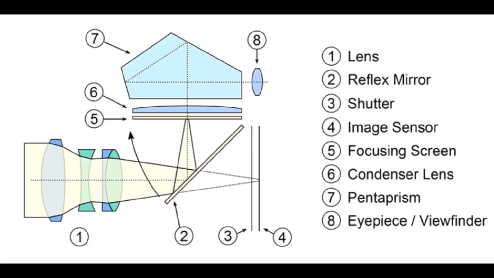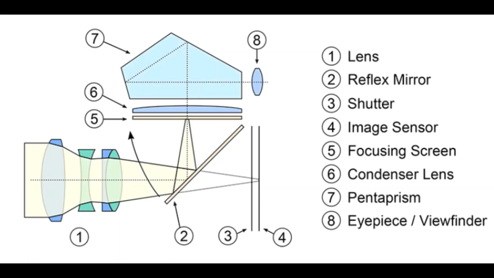And here, guys, for your reference I have given a simple diagram of how it looks inside a DSLR camera. Actually there are 1000 tiny parts inside a DSLR camera, but what I have shown here is what is important to understand its working, and I have also numbered these parts for your reference.